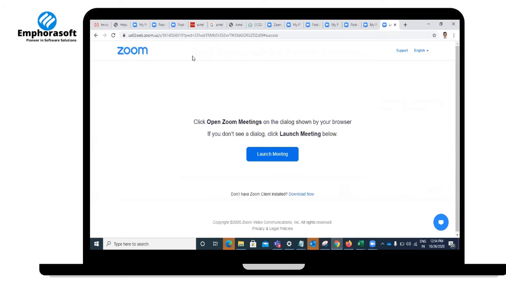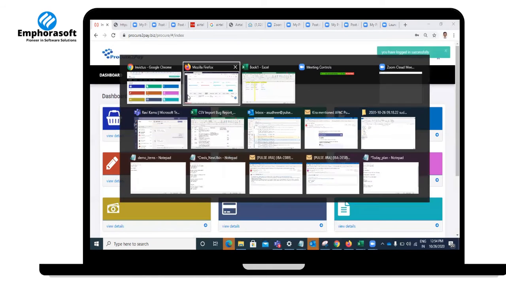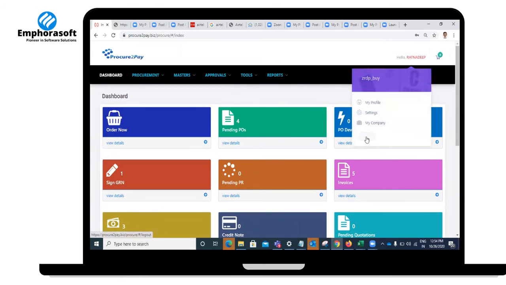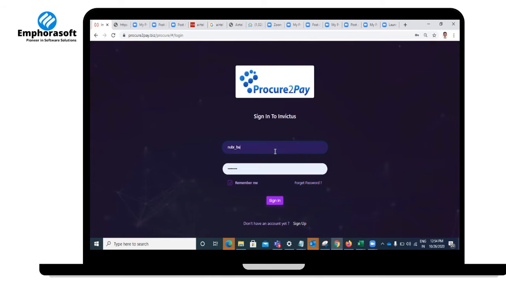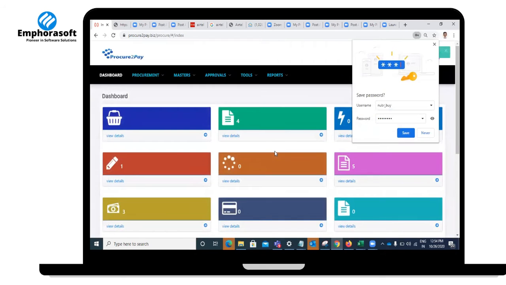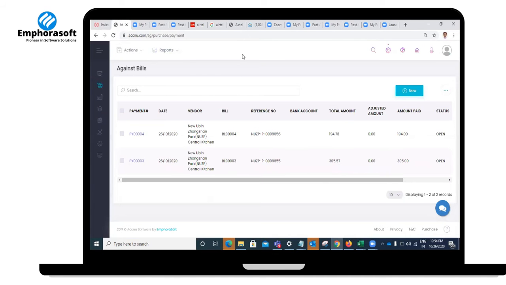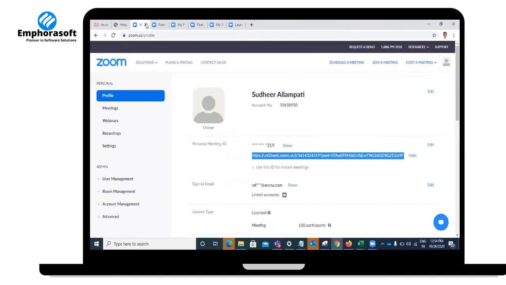Similarly, let me open the buyer account, the procure to pay and the respective buyer account. Let me close unnecessary windows.